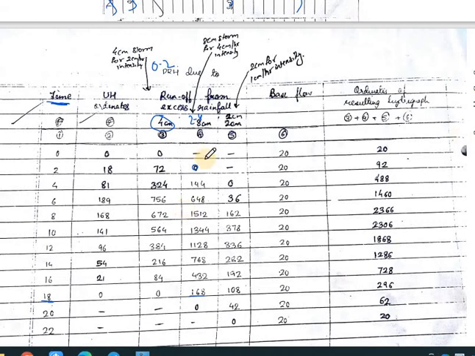Let me check this one. Okay, in this column, what they are doing is multiplying this value and then writing it on this column. So 18 into 8, that is 144. This will give you this value. Then the next value will be this one, and similarly each following value will be the corresponding one.